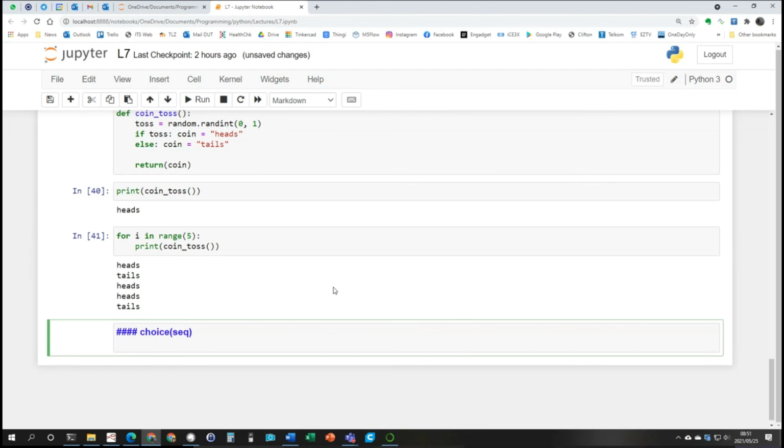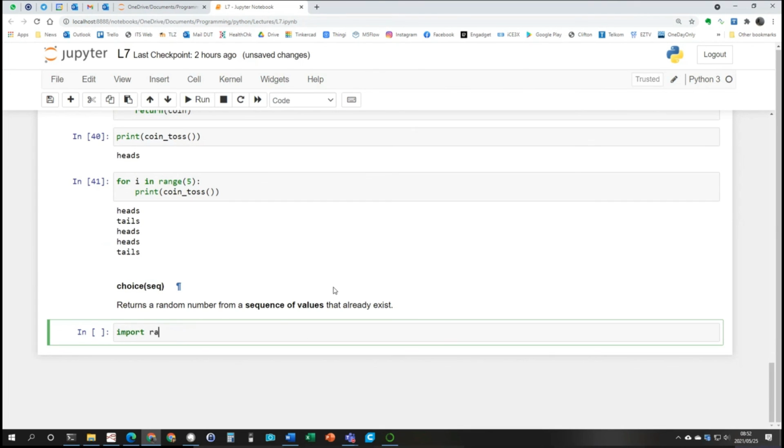Now, what choice does is it returns a random number from a sequence of values that already exist. So if you've got a list already which contains numbers, we can ask it to choose from that list of numbers. I'm going to import random,